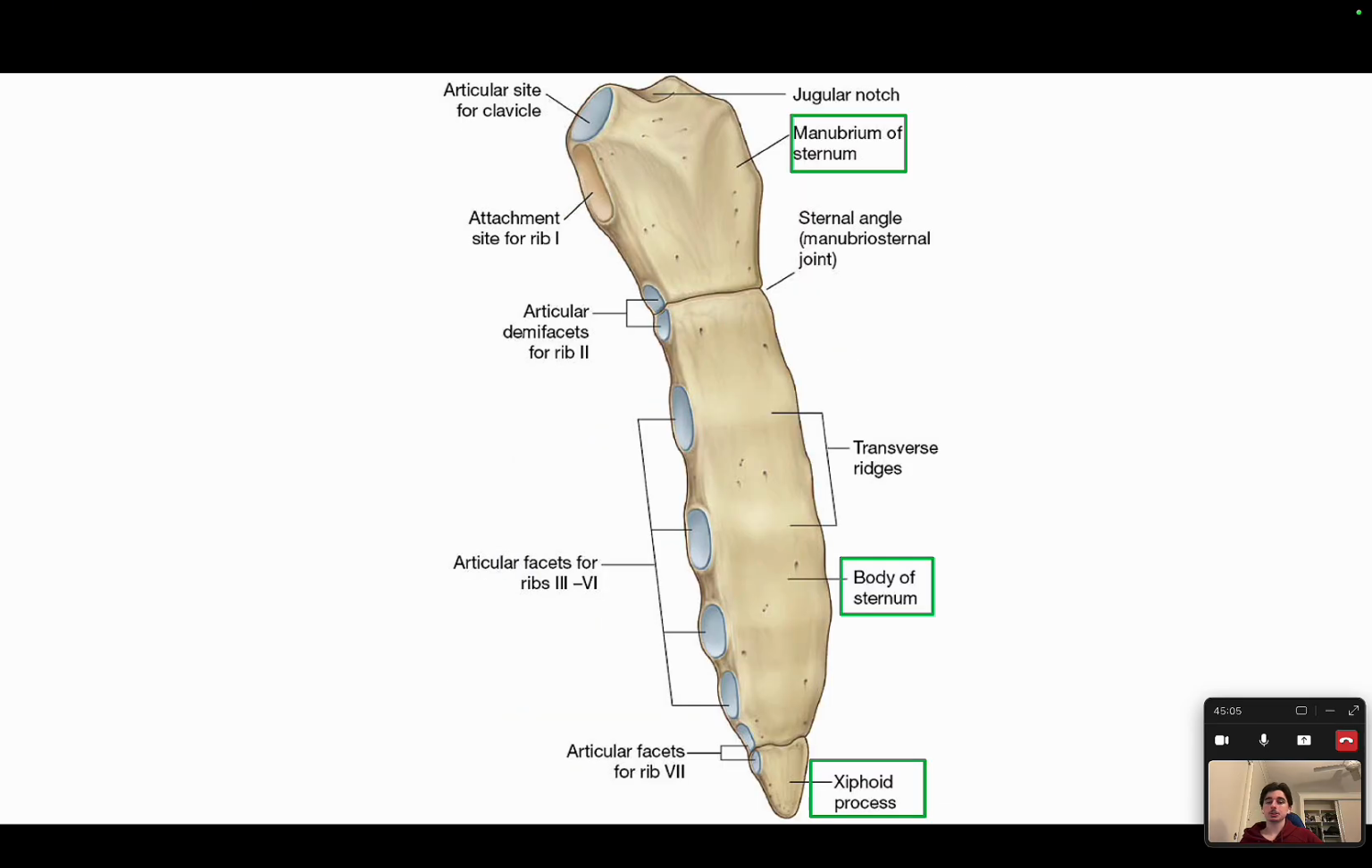Now, moving on to the sternum, we can see all the facets where the ribs actually connect and articulate, specifically the costal cartilages that connect to each rib. So we've got our articulating for rib 1, rib 2, rib 3, 4, 5, 6, and then rib 7, 8, 9, 10, etc. For those who don't know, the sternum is actually made up of 3 distinct parts: